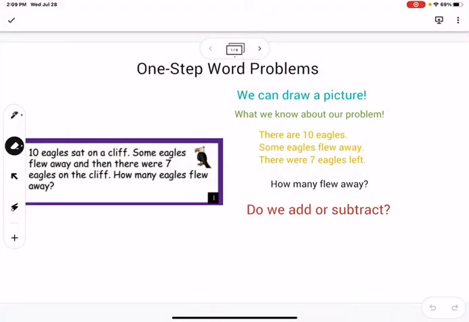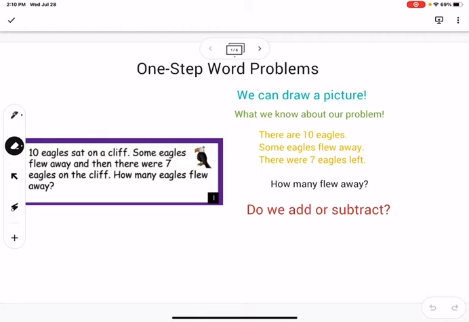Hello. Today we will be working on one-step word problems and two-step word problems. For each of the word problems we're going to do, our one-step and our two-step, we will have a picture to draw. I will have them drawn already, but I'll show you how to use them to solve them, and we will also write equations to solve them. So this way we have multiple ways of learning how to solve the same problem and finding out which way